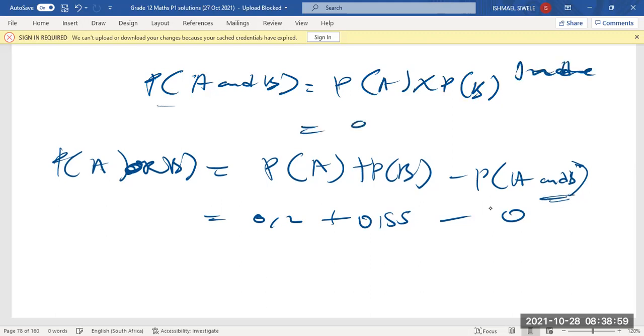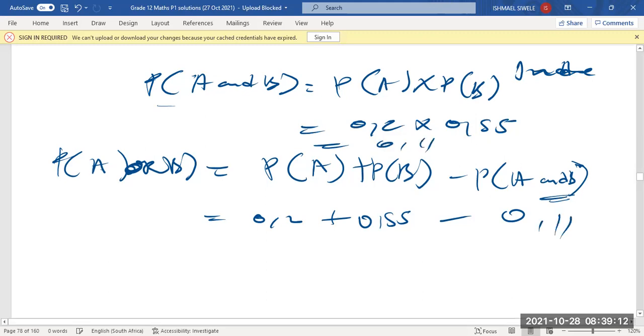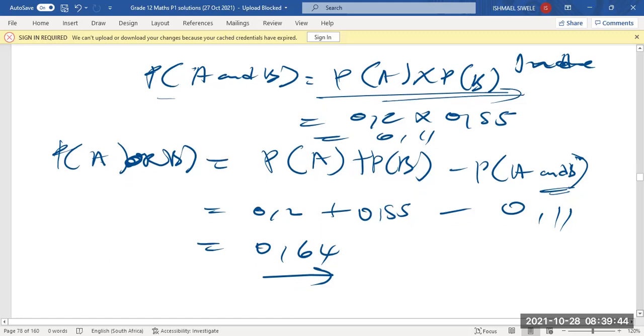So this is 0.2 multiplied by 0.55. So what is 0.2 multiplied by 0.55? This is 0.11. Okay, so it means I'm just going to have 0.11. And my final answer would be what? 0.2 plus 0.55 minus 0.11. This is 0.64. So you see, it's a very, very tricky question. So please take care of such terms. Independent, it is found through the multiplication rule. So this is the multiplication rule of probability, and this is the addition rule of probability. So that is it with the